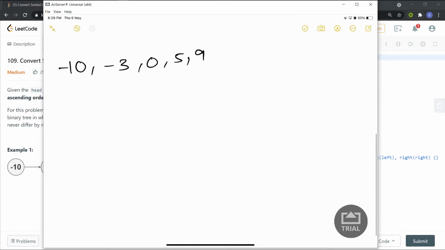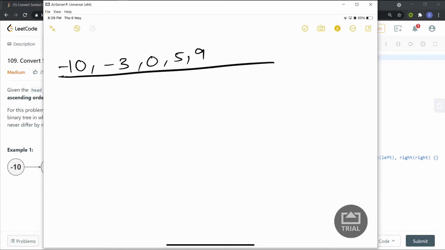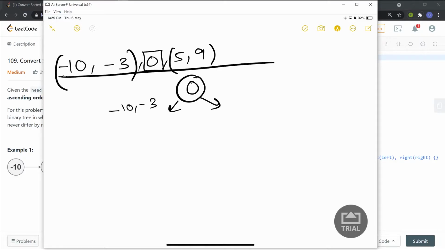Let me take you to another example. This is the example given in LeetCode itself. So this is in sorted manner. You take the middle element, that is you take the median, and you set it as the root, and then you recursively call the function for the left part of the series and for the right part of the series. So here minus 10 and minus 3 are there. The median of this, let us take minus 10 as the median. So this will be minus 10 over here, and then we'll call minus 3 for the right side, and this will be minus 3. And for this case it will be 0, for this will be 5, and this will be 9.